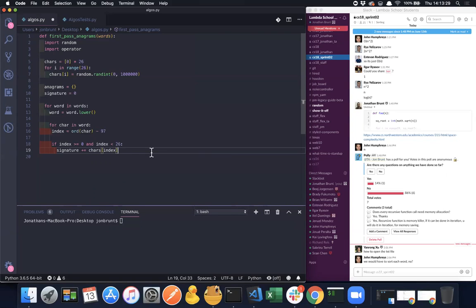But the problem is we're having to go through each word and iterate through each character and then make the comparisons that we're about to make. So we're going to look now, and we can say,